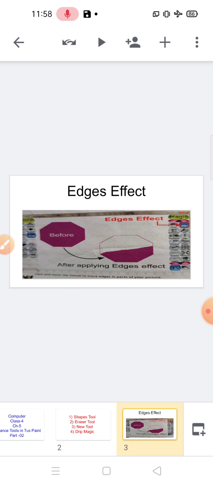After that we can select the magic tool and choose the edges from the sub toolbox, and using your magic wand click and drag it over the entire picture. You will observe that the edges of the shape start appearing, and after that apply this effect to one of the stems and observe the changes.